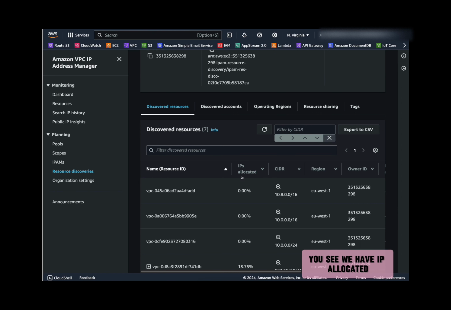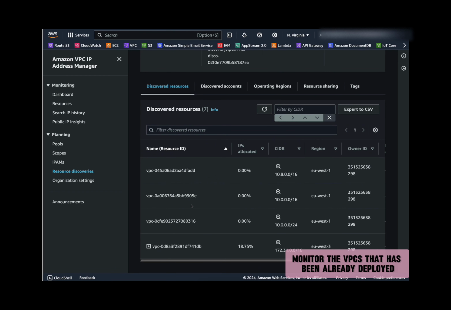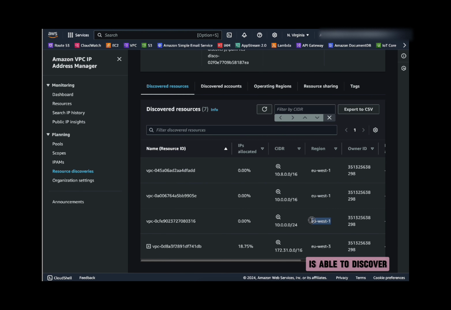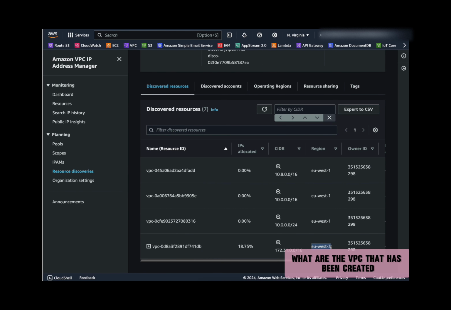You see, we have IP allocated. We can see how many IPs have already been allocated and monitor the VPCs that have already been deployed. So within a different region, the AOS one, we have some VPC there. Okay, perfect. It's able to discover the VPCs that have been created in the region that we